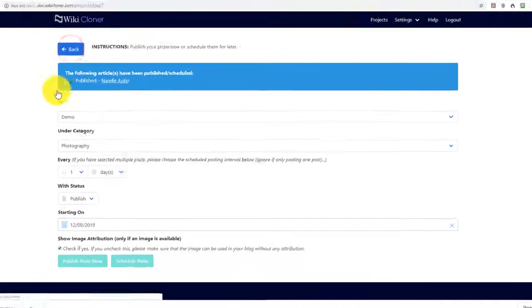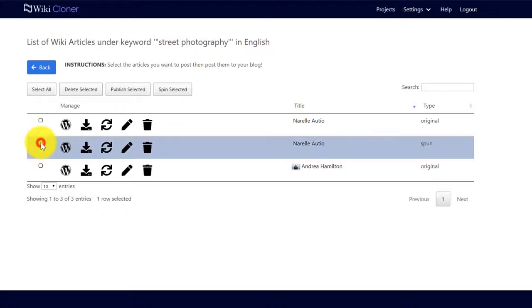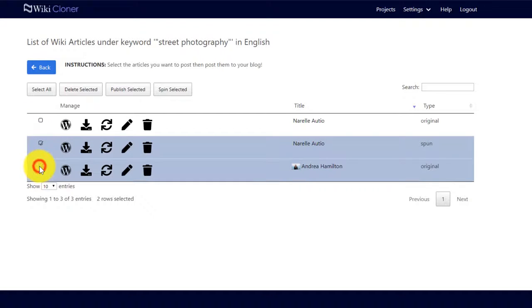So if I want to publish multiple articles, I can choose the ones I want, and let's use the spun one this time and the second one by Andrea Hamilton. I've just got a couple of example articles here for you to make it easier to see. If we click on Publish Selected,